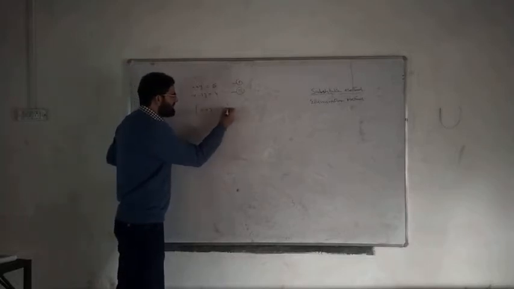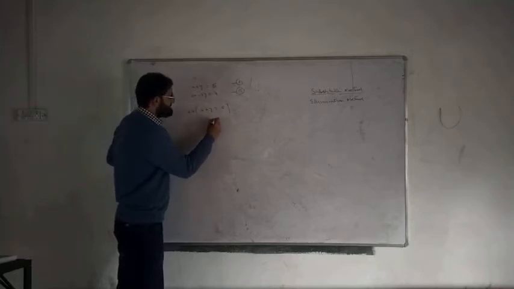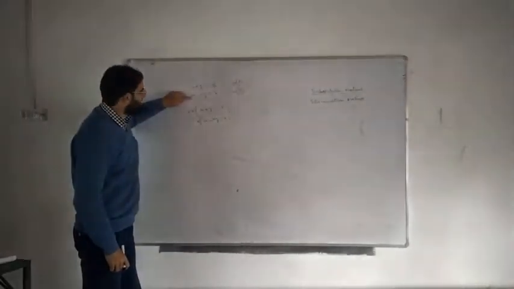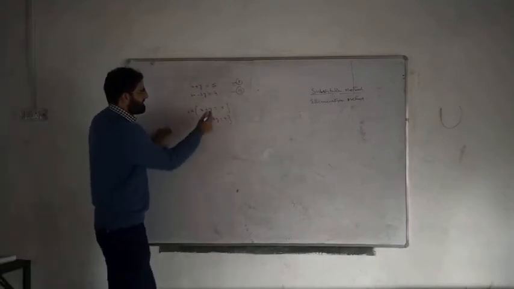Now we shall multiply this by the coefficient of x in the second equation, which is 2. The second equation is 2x minus 3y is equal to 4, and we are multiplying this whole equation by the coefficient of x in the first equation, that is 1. So this is simple. You will multiply the first equation by 2, the coefficient of x in the second equation, and the second equation by the coefficient of x in the first, that is 1.